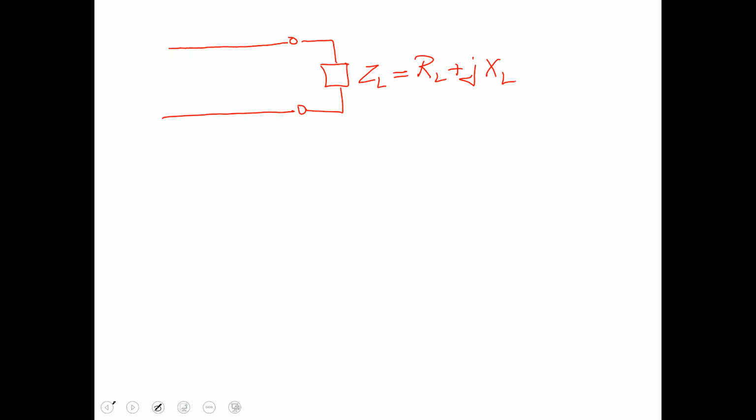What did you do? Well, if you were doing a parallel or a shunt matching, a shunt stub, you wanted to put a stub in parallel. What did you do? You went back